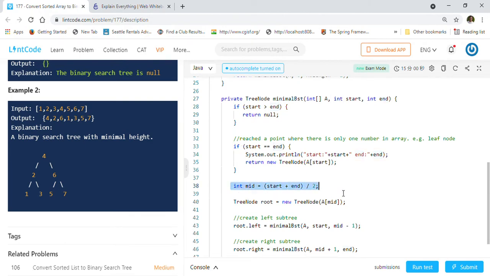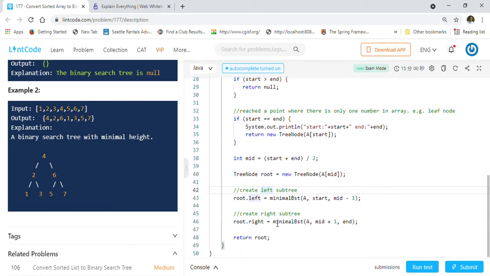So the middle element we are creating here, start plus end by 2, and then we will create a node with that middle element here, right? This is a new node we have created, called root. And then we will call our recursive function minimal BST, we will pass the same array, start will be the same, 0, but end for the remaining subarray will be mid minus 1, right?